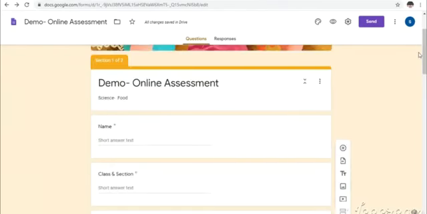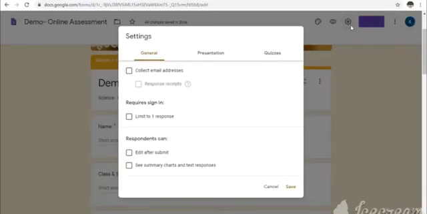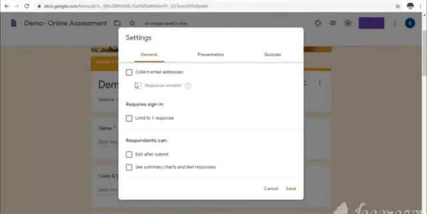Now we will go to the settings. Let me take the setting place for your students. You click it, or if you don't want, you can leave it. But please see that all the responses students are giving will be saved in your drive. You must also have the storage in your drive. To collect the email address, I don't think that we need it.